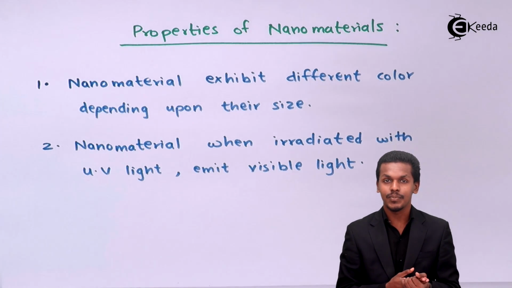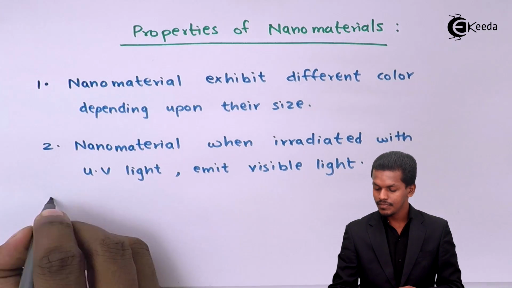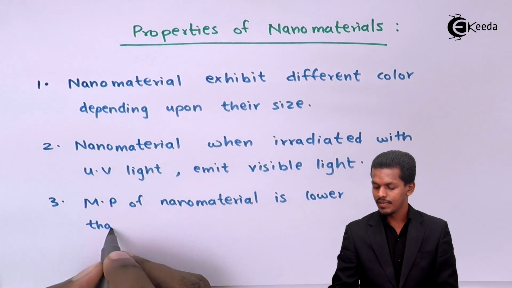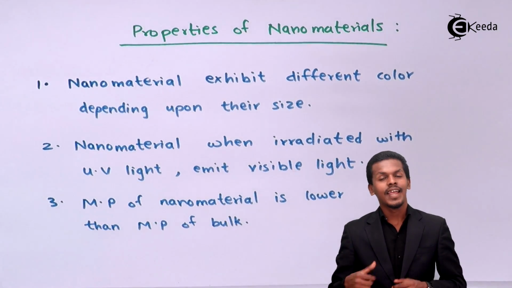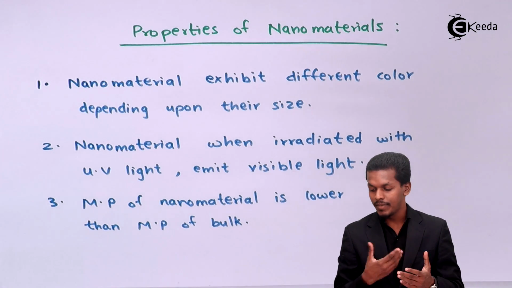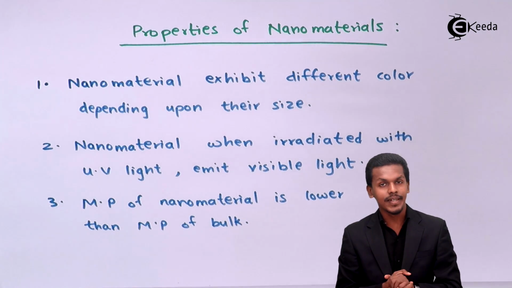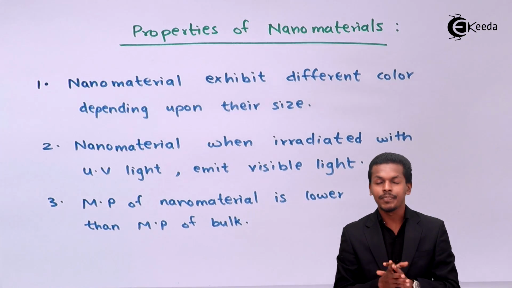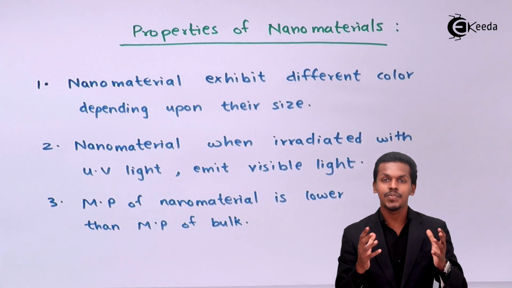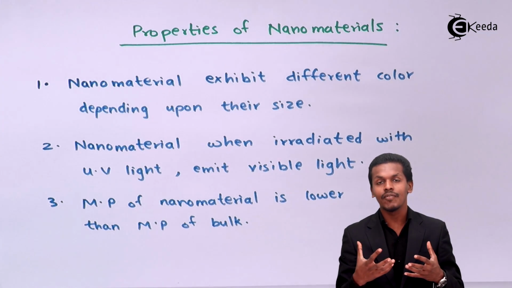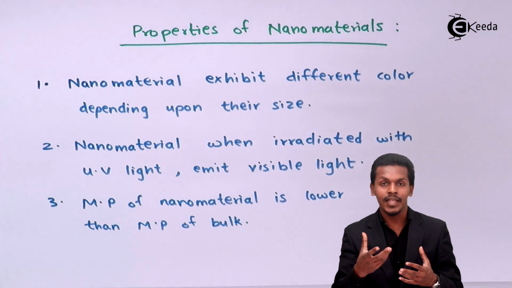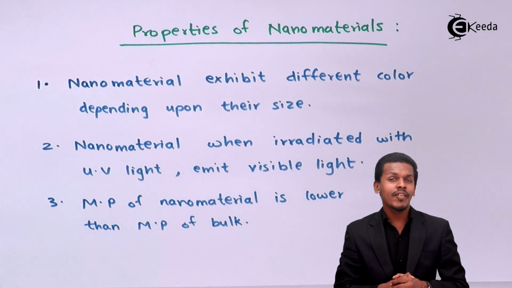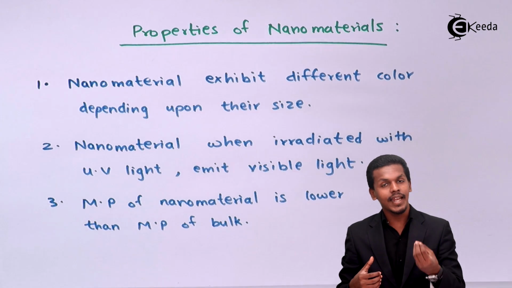And now let us move on to the third point. The third point is that the melting point of the nanomaterial is lower than the melting point of the bulk. For example, a particle in a bulk is equally surrounded by the various particles around it, and that's the reason the interacting force between the particle and the other particles is more, and that's the reason the melting point is also more. But when we are talking about the nanomaterial,